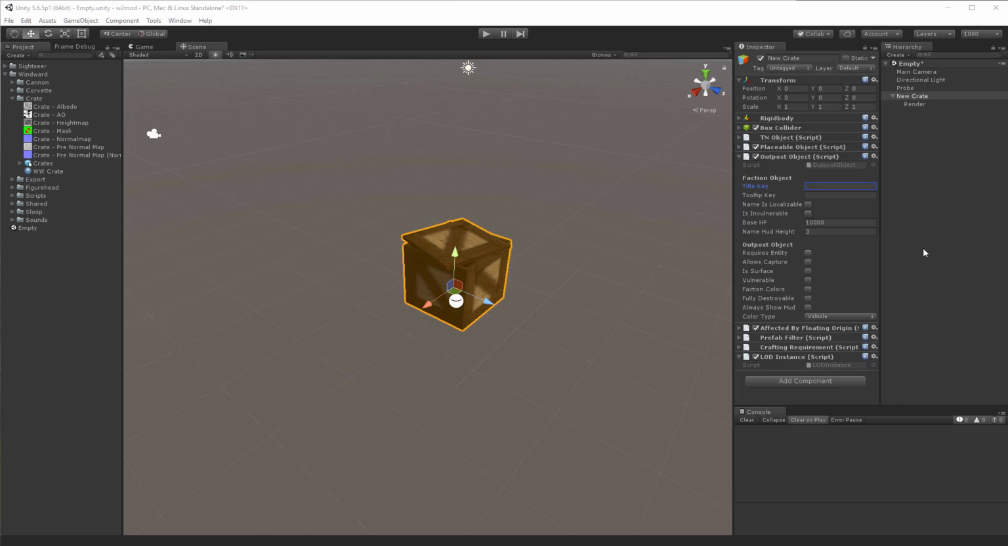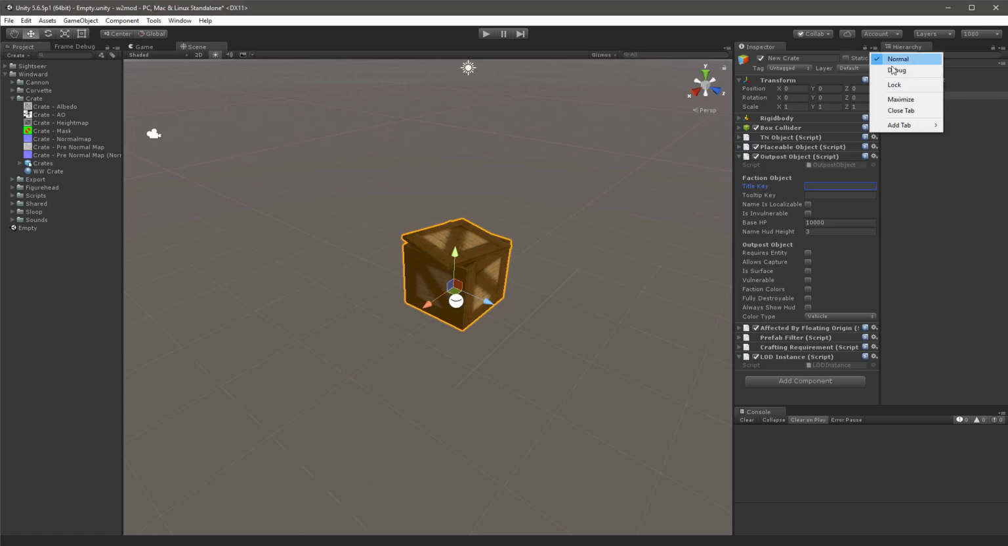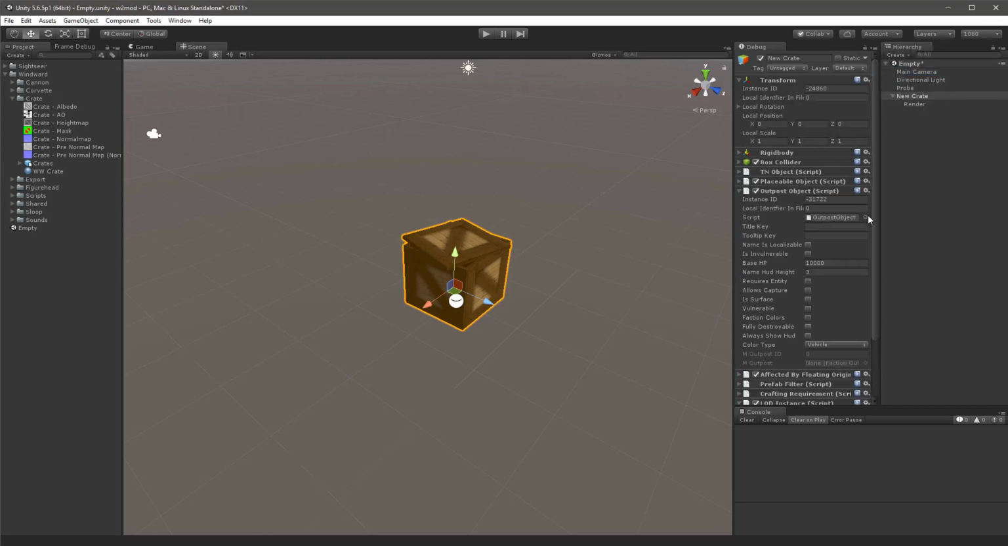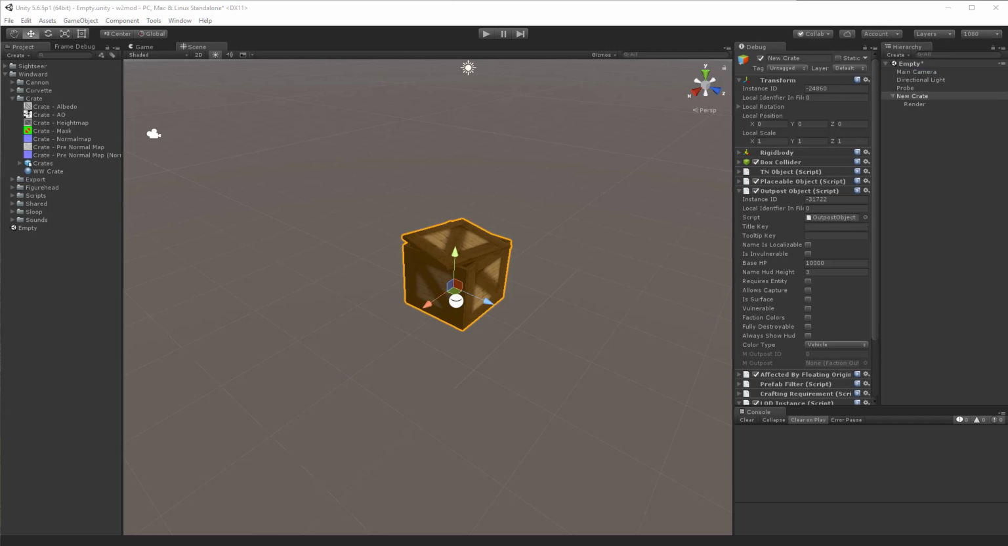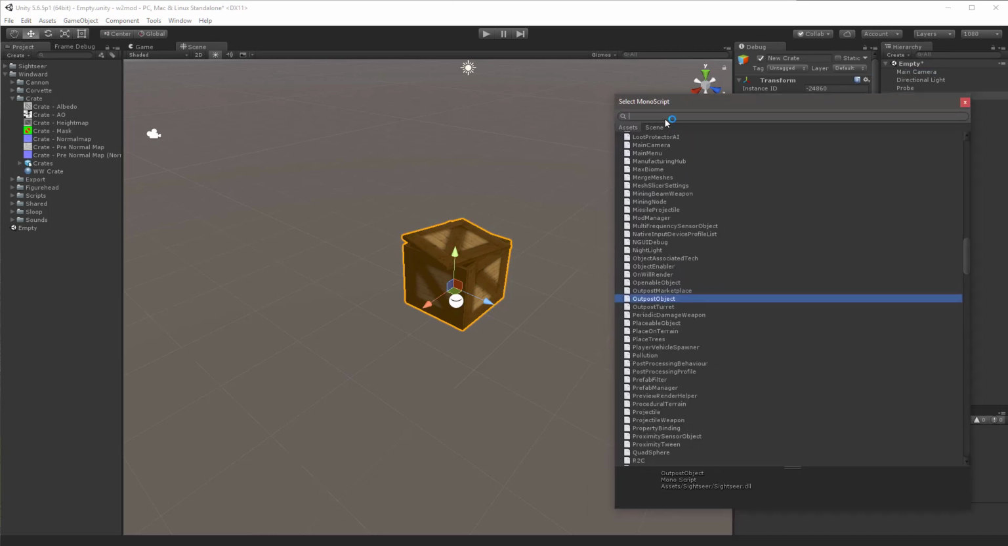If at any point you want to replace the object type with something else, like for example here we want to replace the Outpost object with a container object. To do this, you can actually go to here, enable the debug menu, select the script, and choose a different type of script. So container